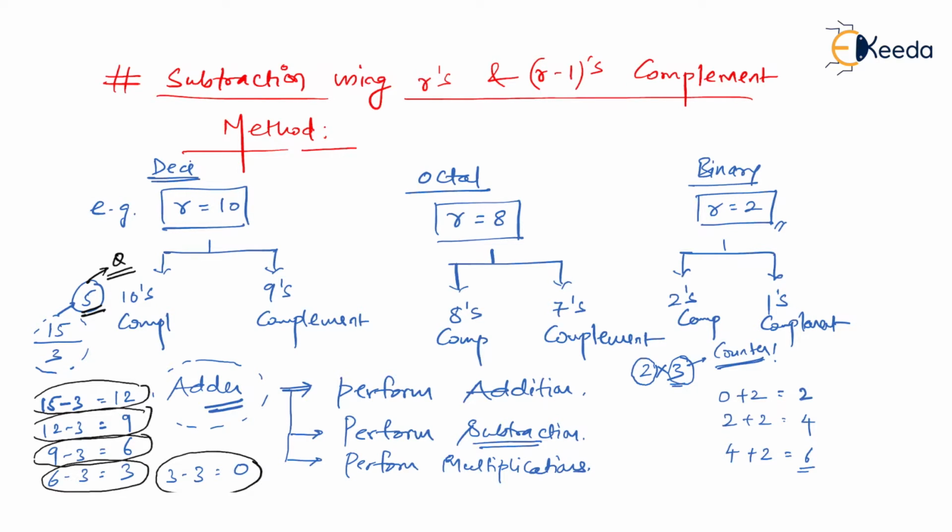Even if you want to divide, you need to actually subtract, but subtraction can be carried out by the same circuit, the adder, meaning that you require only one circuit to perform addition, subtraction, multiplication and division. The only thing is now we have to find an innovative method to carry out subtraction by using the same circuit, the adder. And how do you do that? Let's see.